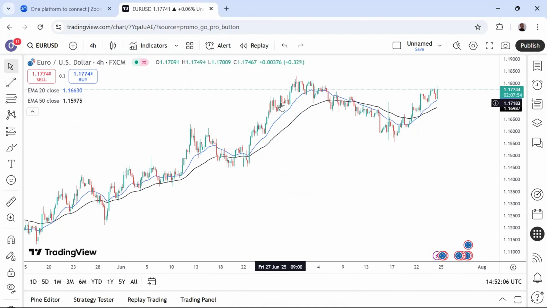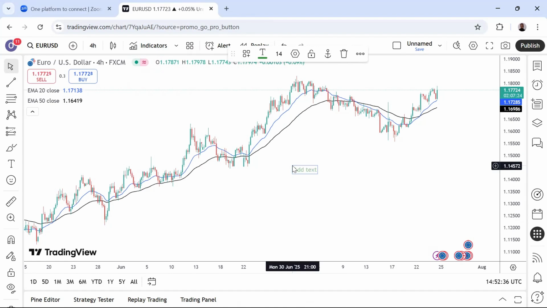When there is a cross, it is still the same thing. When there is a cross, it gives you a signal. At this point, when there was a cross, you could enter a sell and make money all the way down here. And when it's very close to crossing, it could also be a signal. It gives you a confirmation to enter a buy or a sell, depending on where it is facing. The trend of the market is also important. You do not want to buy in a downtrend. You don't want to sell in an uptrend.